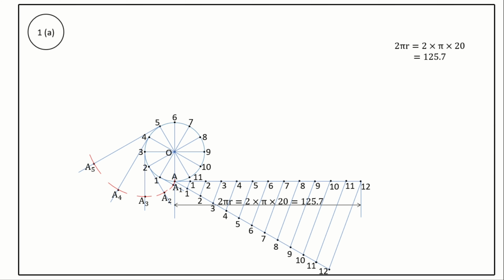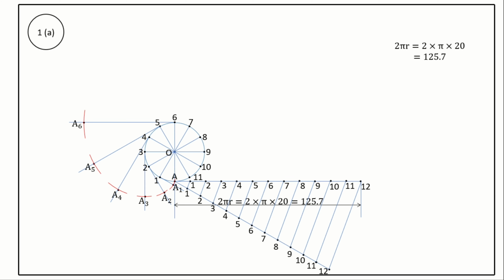Similarly, from the point 6 on the circumference of a circle, draw a perpendicular line to radial line O6. Take a protractor and draw a perpendicular line to O6 from the point 6. This line is tangent to the point 6. Take a compass, measure the length A6 on the horizontal line with 6 as center and radius of length A6. Cut an arc on the line tangent to the point 6. Mark the point as A6.